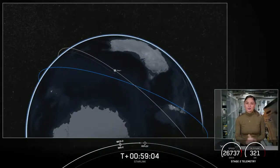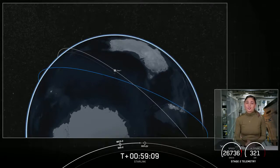Hello again, and thanks for joining us for the deployment of our Starlink satellites. Now, if you're just now joining us, we had a successful liftoff from Space Launch Complex 40 a little